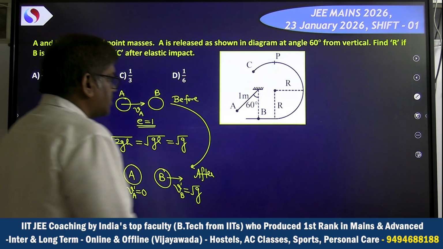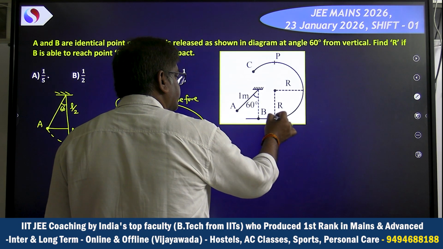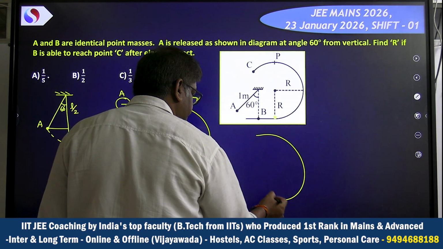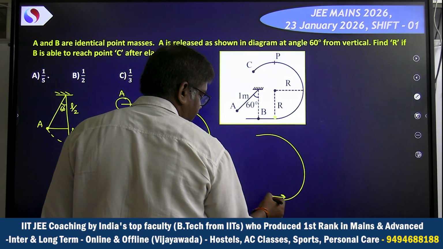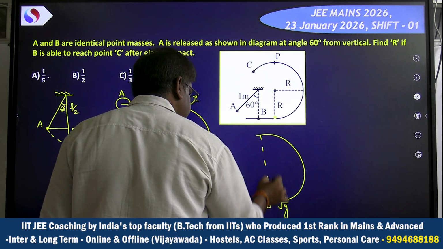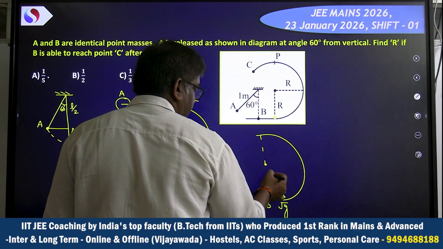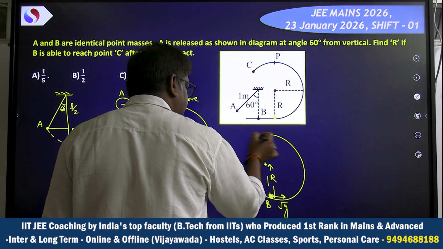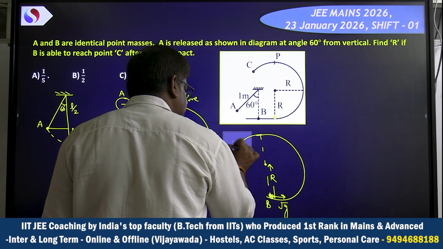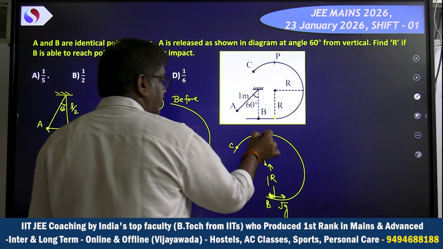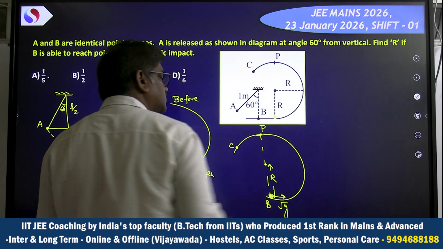Alright, root G. So now after B is getting this velocity root G, it has to complete this circle of radius R. The reason they are asking that is so that it will pass through this point C. Suppose if it wants to pass through the point C, then definitely it has to pass through the point P